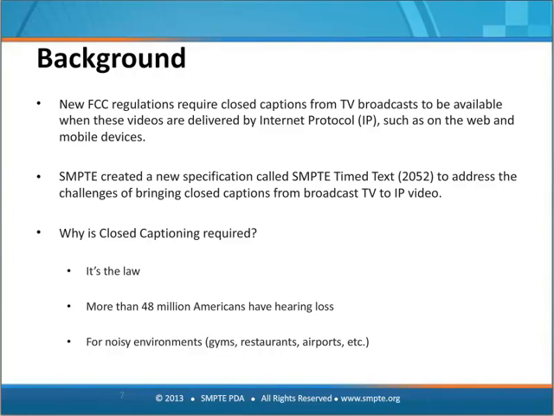The closed captions are also very useful in noisy environments like gyms, restaurants, airports, etc., where you can't hear what's on TV. And I forgot to put in this bullet point, but a couple other points. If you have kids at home, closed captions are great for watching TV late at night, so you don't have to turn the sound up. I do that myself. And closed captions are also used by people who are learning English or maybe French or Spanish as a second language. And oftentimes reading the captions helps you to better comprehend what's being spoken, especially if it's fast dialogue. So those are really good reasons to caption, even if for some reason you are not required to do it.